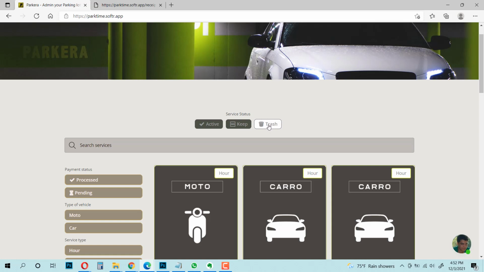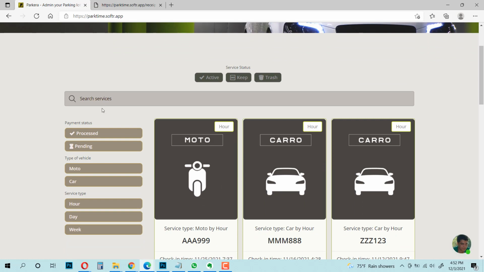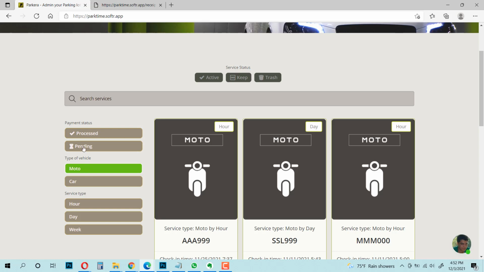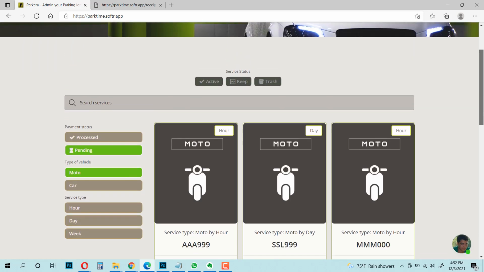Well, this will eventually disappear, so it is important to take these two into account. Now on the left, we can also continue filtering records by payment status, by the type of vehicles, and by service type. It is worth mentioning that you can also combine these filters, like if you want to show only motorbikes with payment status pending, you can do so.